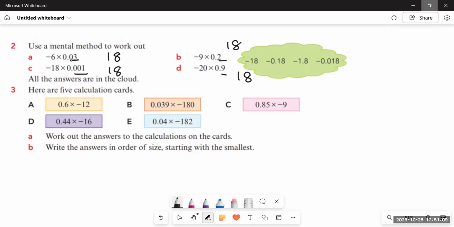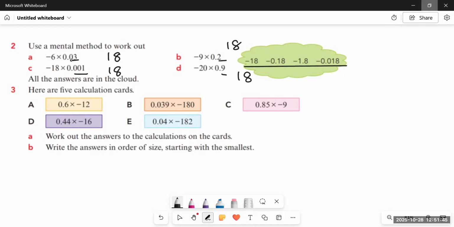But now we have to decide where to put the decimal, because in all of these numbers, sometimes it has two decimal places, somewhere only one decimal place, and then there is a zero as well. So we will count the number of decimal places along with the number of zeros. Acha, in each of these questions, you will find that there is one negative number and the other one is positive. So all these answers would be negative. And you can see in the bubbles also that all the answers are given as negative.